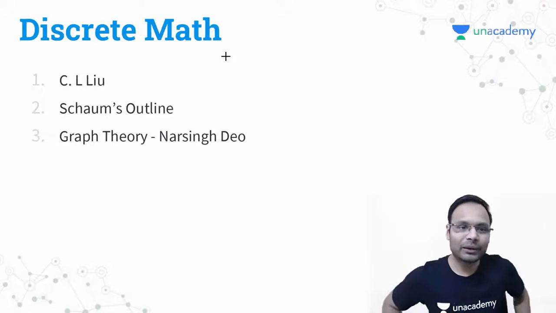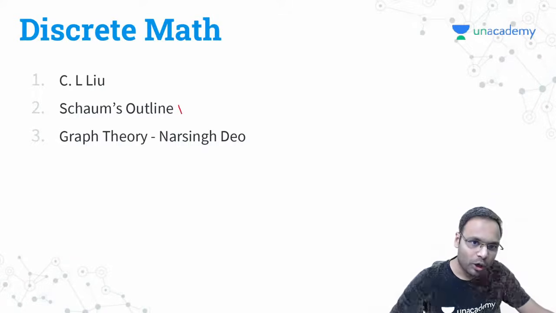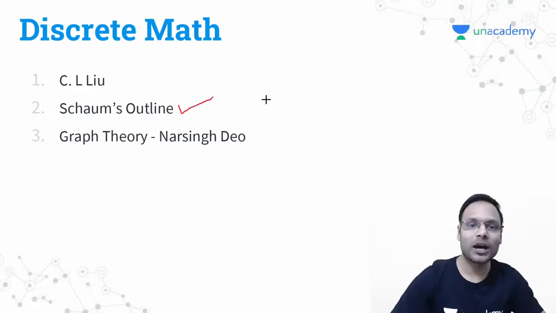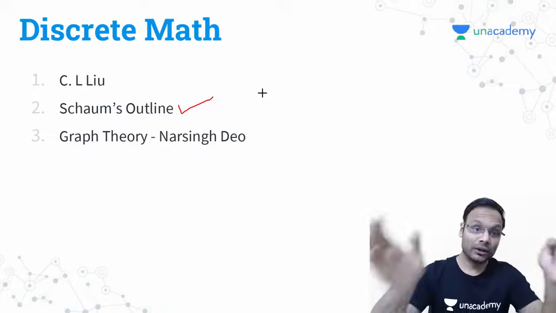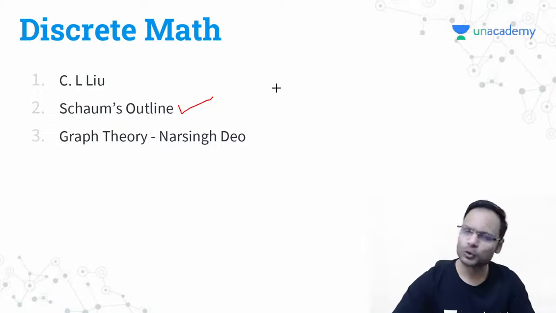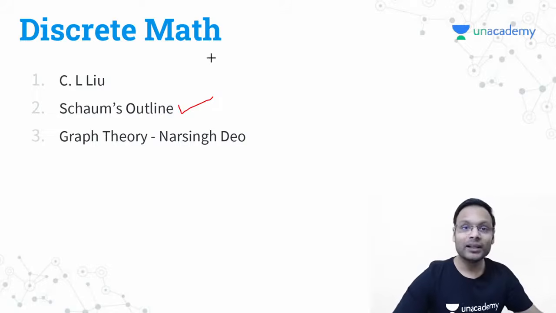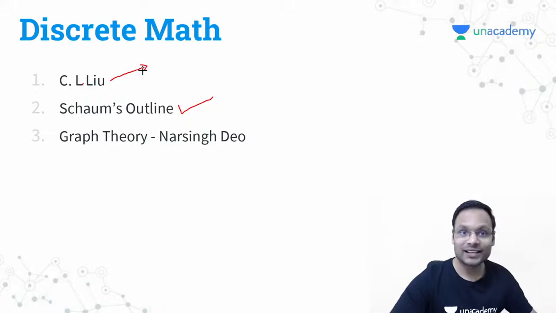Then we have discrete math. For discrete math, this particular book is really good. Lots of questions are there in Schaum's Outline discrete math book. Lots of questions to solve. Yes, solved questions plus unsolved questions also in the exercises. Lots of questions. But if you want more questions specifically on graph theory, group theory and set theory, Lipschutz is a good book for set theory.